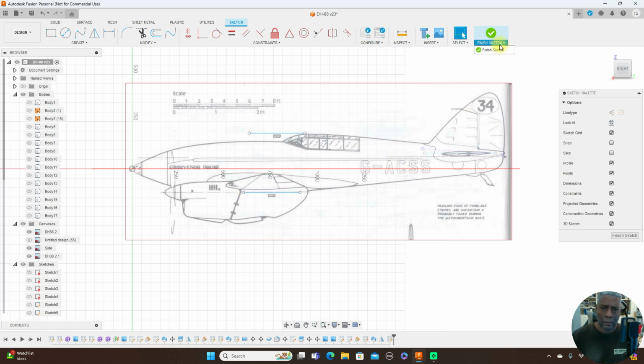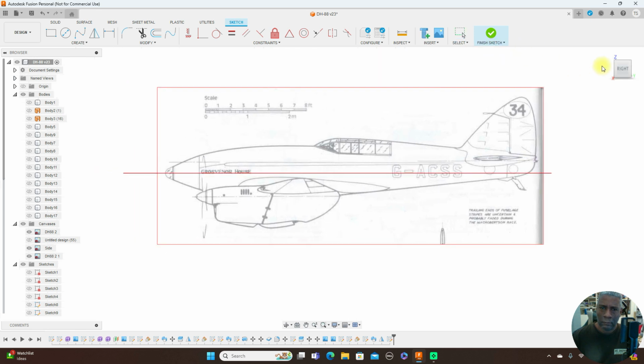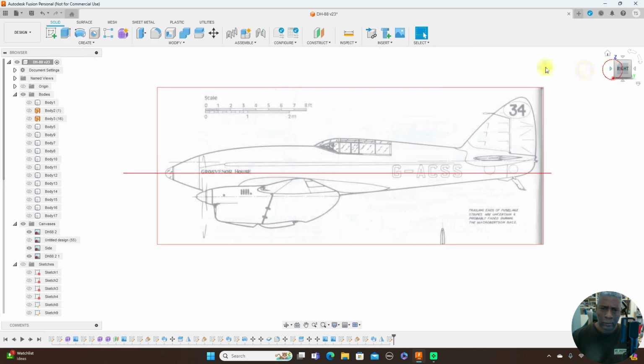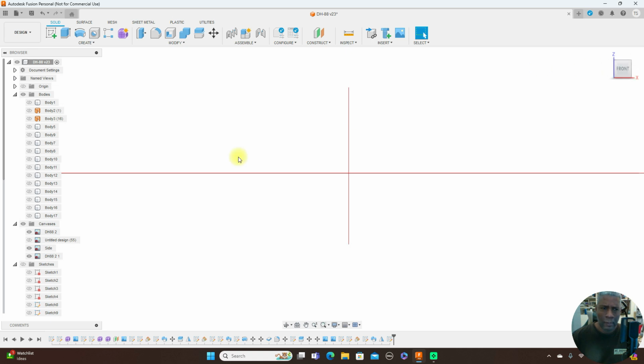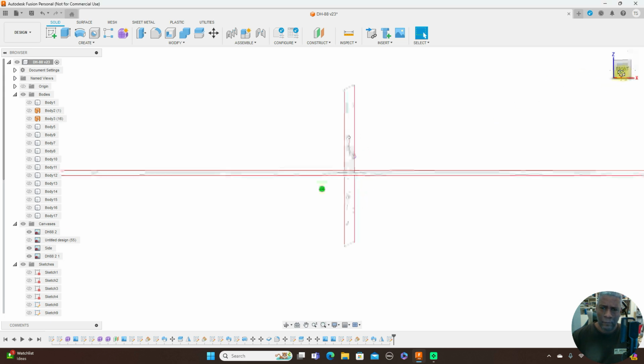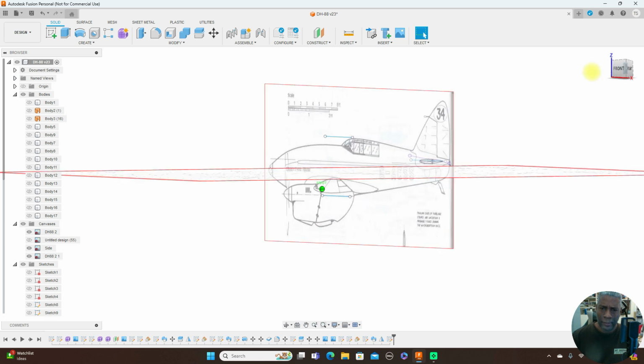Finish sketch. I'll go to the front view, turn these sketches back on, they turned off. And as you can see, now I have a bottom and a top of what I actually need to